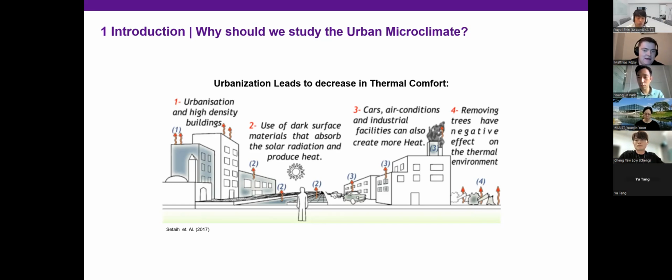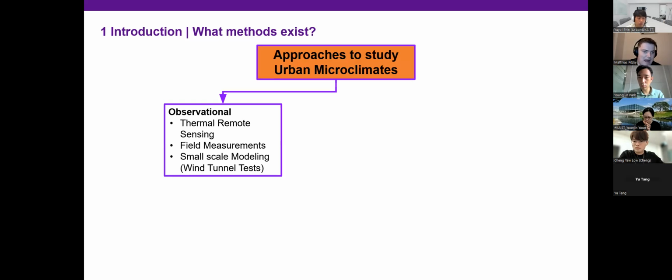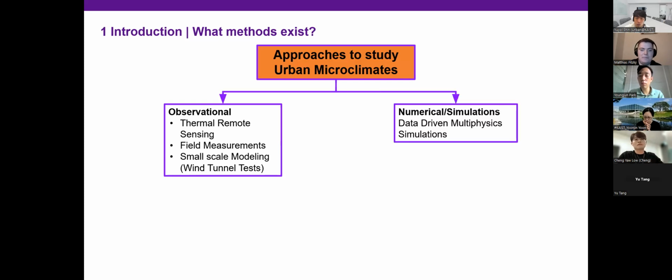There are various approaches to study urban microclimates. One would be an observational path, meaning you just do some thermal remote sensing with satellite images, or you do field measurements or small-scale modeling in wind tunnel tests, for example. Or you go the other path, which is the one which we are employing here, which is to set up